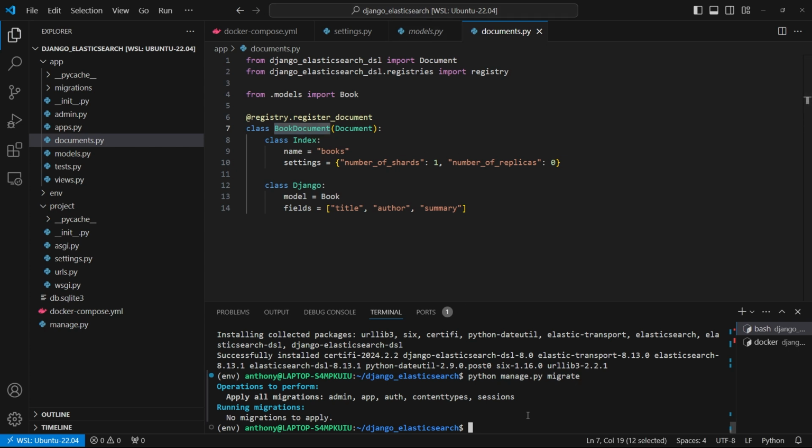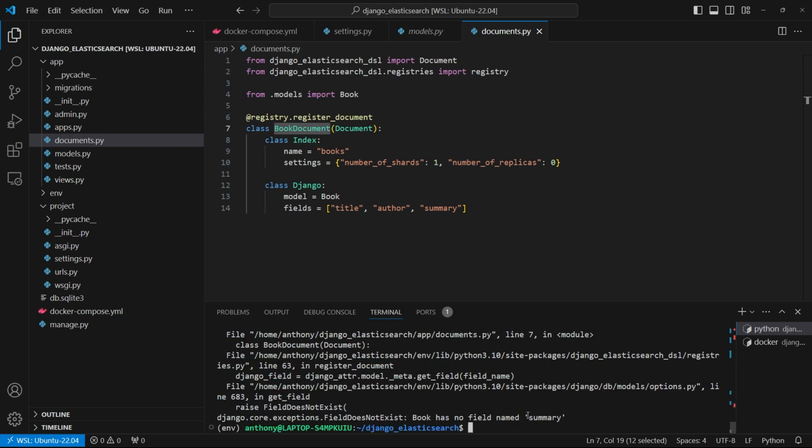So the equivalent command here is going to be python manage.py search_index --rebuild. Rebuild just captures two different things at once. It creates the index and then it adds all of the documents into it. So for every book that I have in the database, it will add it into the index. So I can run this,